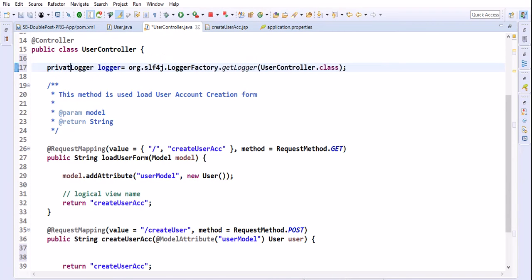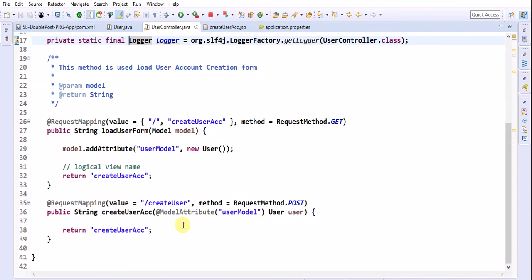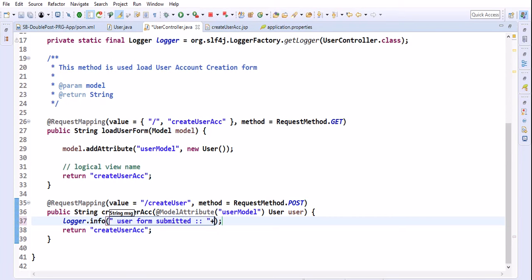You can make it private static final logger, right? logger.info, user form submitted. Let me print that user object. So if the form is submitted, I am printing that.